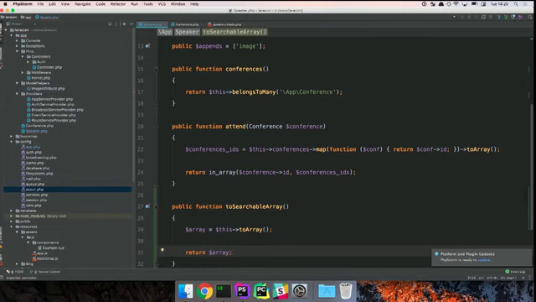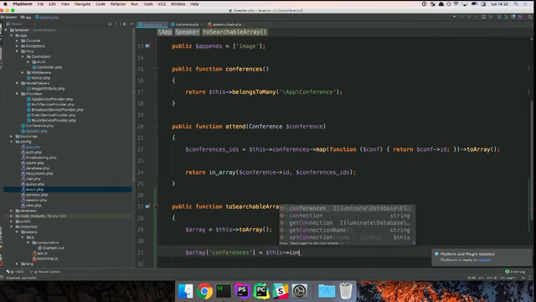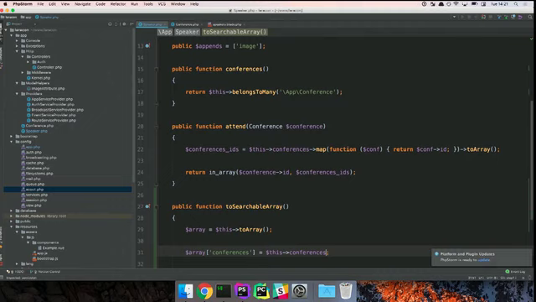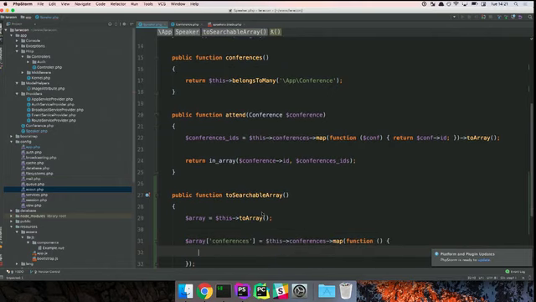The reason why conferences are not indexed by default is that it's not directly on the table. It's on the relationship, so in another table. So we need to specify that we want this. I'm just going to do array conferences equals this conferences. And the same as for the speakers, when I do that, it's going to dump the whole record. And I don't want that. In the end, in the conferences, I just want the location. So I'm going to map over the conferences and return the location.